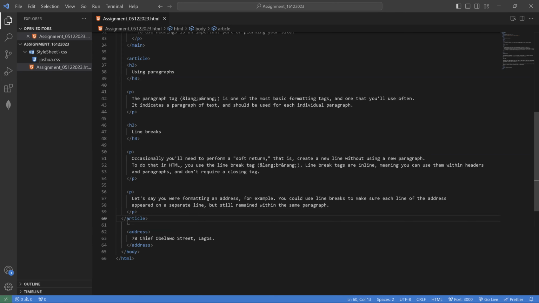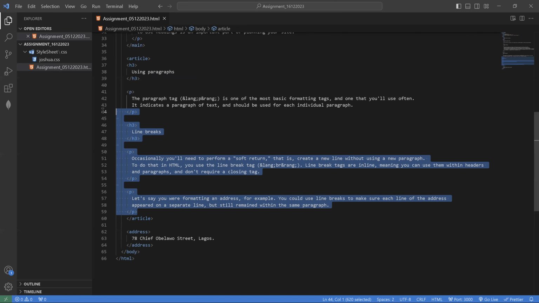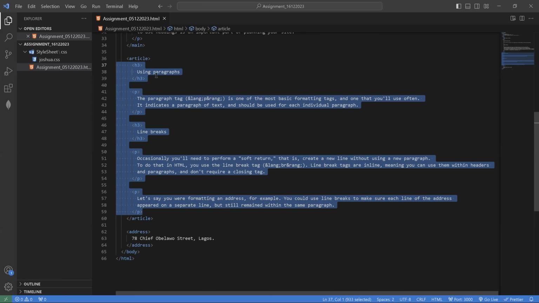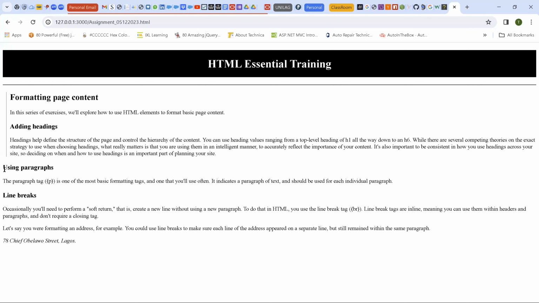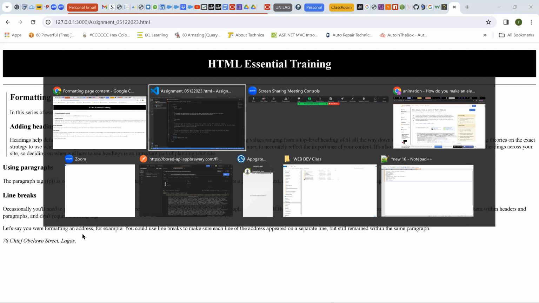of the article, right? So let me do that in the indentation there, then indent this other part so that my article will line up with its closing tag. Now, if we go back to the browser, you will not see any change whatsoever because it is just a sectioning element. Now, what we are trying to do now is